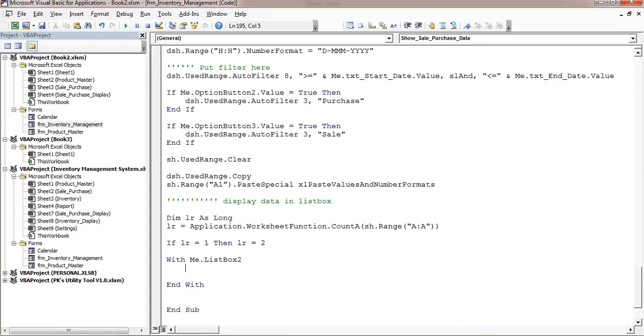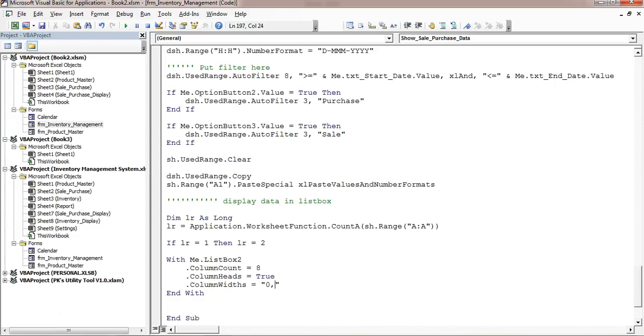Okay. Now I'll use .ColumnCount. So how many columns do you want to display? We want to display 8 columns. Then I'll take ColumnHeads, yes, true, and then I'll take ColumnWidths. So column width I'll take, first is the serial number. So if you want to show the serial number, you can show, otherwise I'm just going to keep 0 here. I don't want to show the serial number. Okay, so I'll take the width as 0.